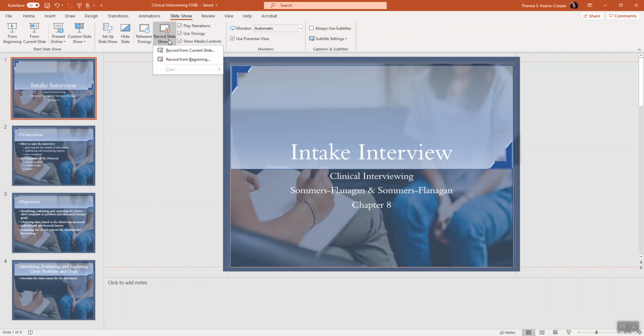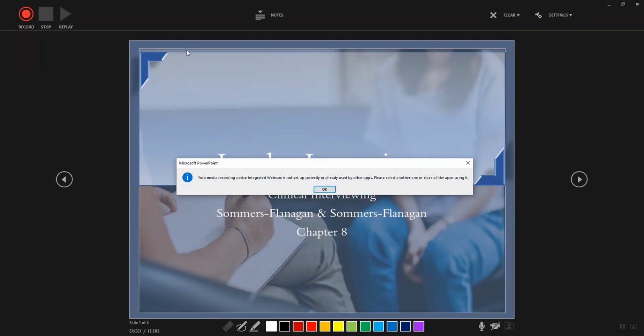If you click on this, they'll ask if you want to record from the current slide or would you like to record from the beginning. Since I'm on the first slide, I can simply click on Record from Current Slide. I will not be able to show you how the video would look on the slide, as I am doing a tutorial. It will not show up because the webcam will not record on two different software programs